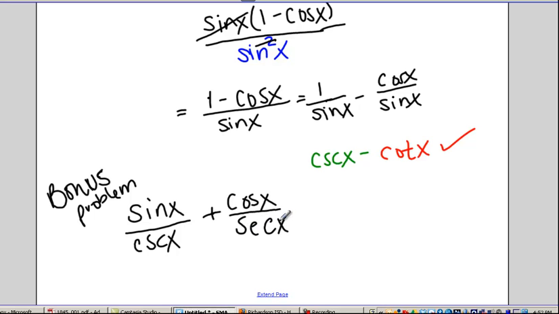So what I want y'all to do is solve this problem right here. Okay, here's a hint. I want you guys to not combine like terms, or combine fractions. Make this into 1 over sine, and this one 1 over cosine. And that's the only hint I'm going to give y'all. Y'all have a great